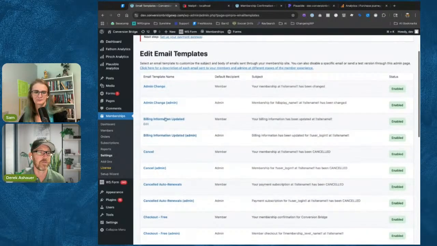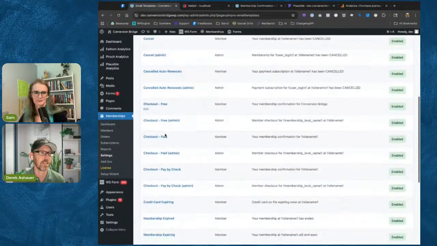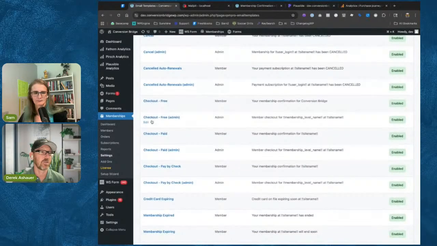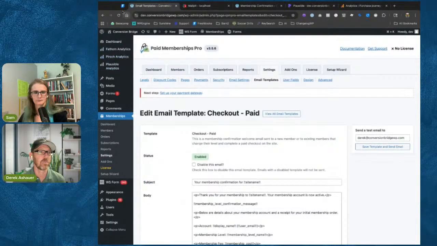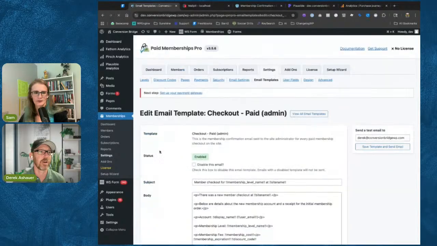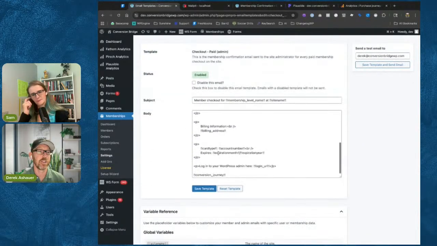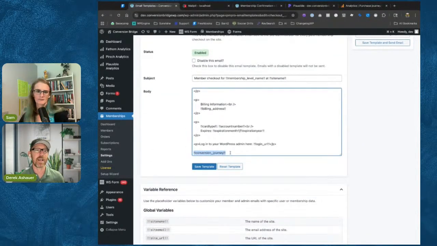So if admin change, what is it? It is checkout. Let's do checkout paid. Oop, that is not to the admin. Checkout paid admin. Yeah. So then you see there's just a little template tag that gets added called conversion journey. It follows the same template as